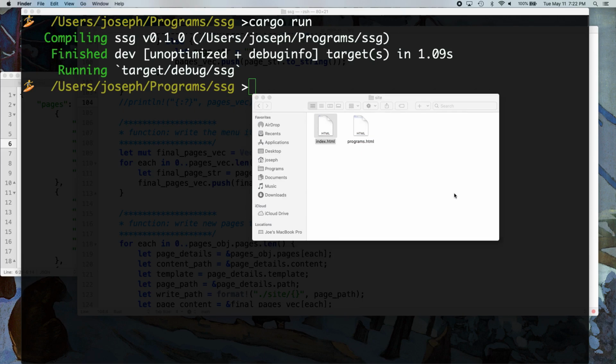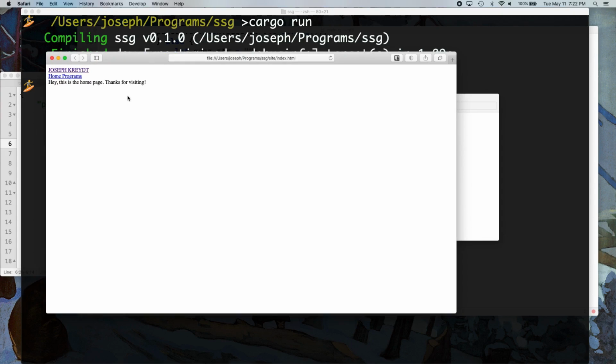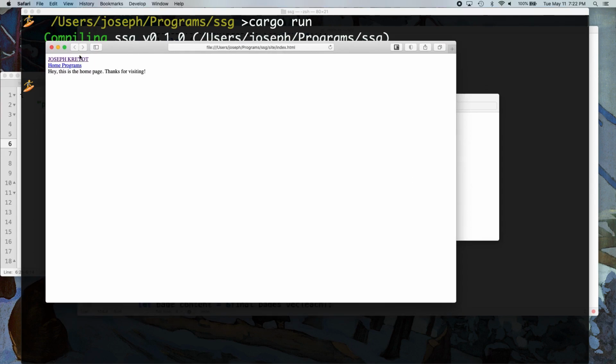It's not gonna look good right now, I can tell you that, because there's no CSS styling here for it. So it's just gonna be like the most vanilla plain HTML web page you have ever seen in your life. There it is. There's our page title that links back to itself, right? There's our home link and our programs link. If we go to the programs page,